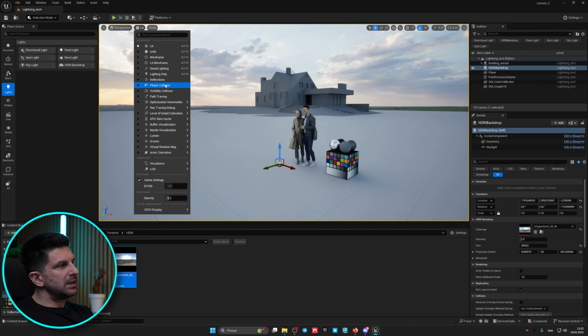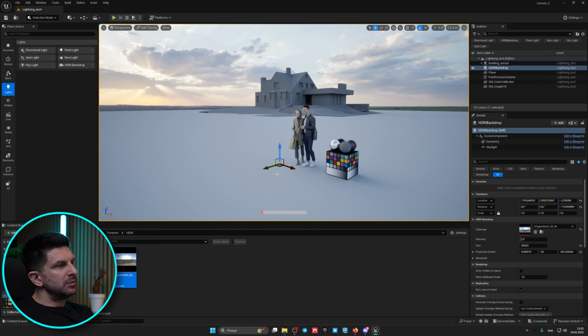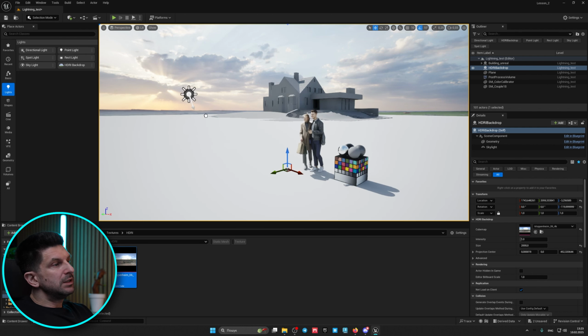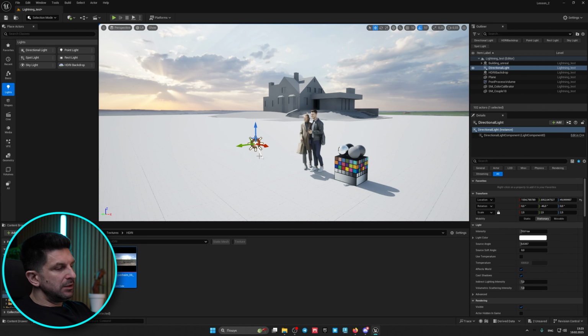If we turn on the path tracer, we will see that the shadows are indeed sharper. In a calculation like Corona, in the case of real time, we get these more blurred shadows. Therefore, I would use HDRI maps, whether in the case of backdrop or skylight, in conjunction with some sources of light. In this case, we can add direct light here, set the angle approximately as we have on our map,